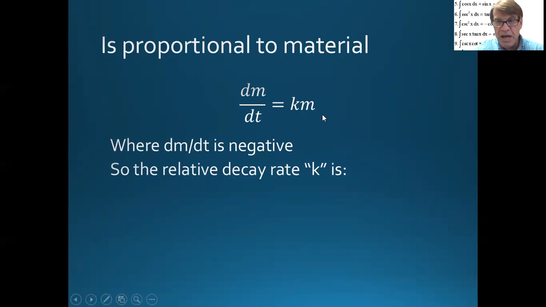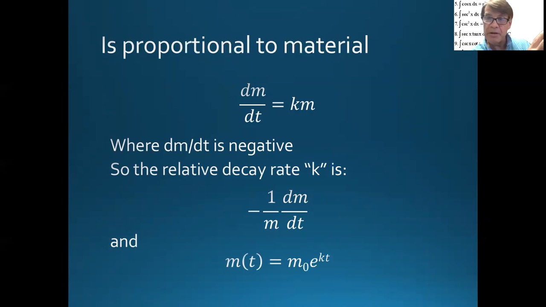So if I divide both sides by m, the relative decay rate is going to be negative 1 over m dm/dt, okay? The relative decay rate. Now, we know if we take the formula from that video on exponential growth and decay, we had the formula y(t), y over time, is going to equal initial y times e to the kt. See the previous video. So if we apply that to mass, then mass in relation to time, because this is one of those exponential decay situations, is going to be the initial mass times